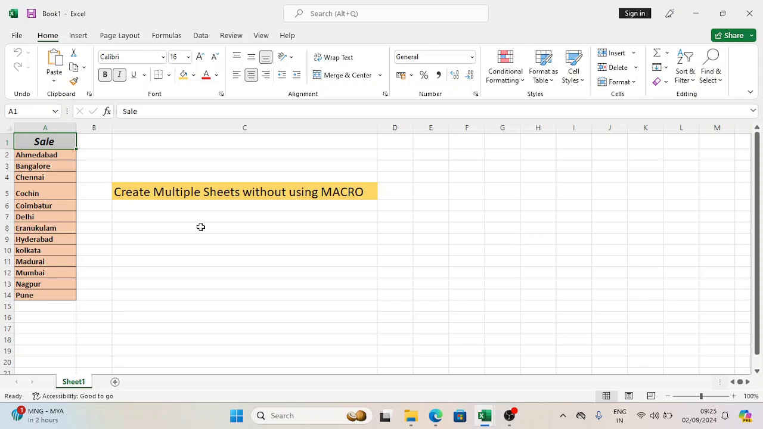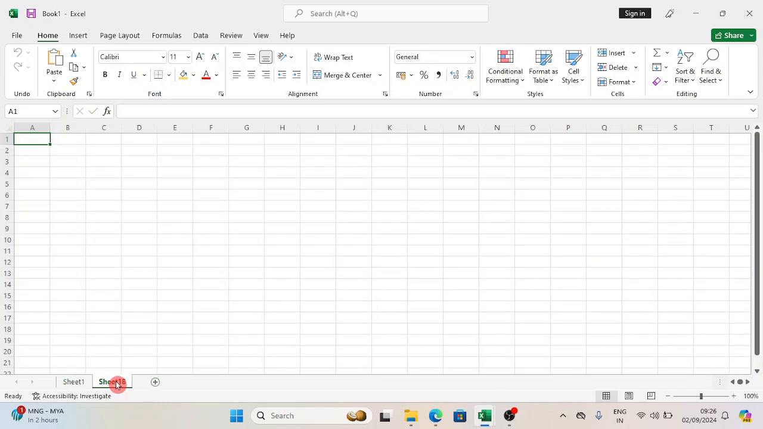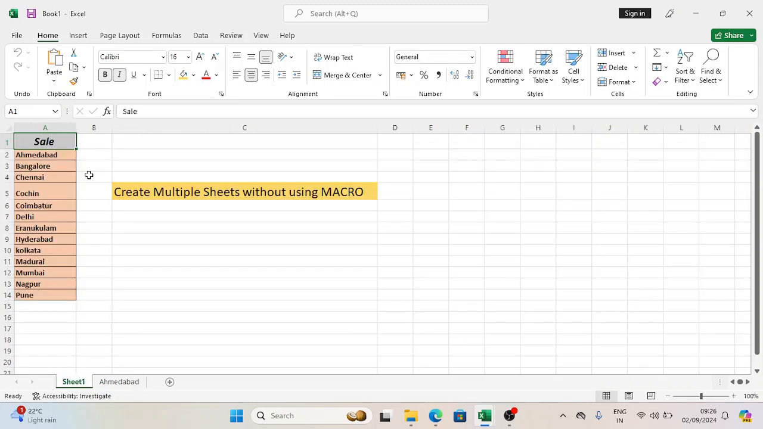Today we are going to see one of the useful tips of Excel. My problem statement is that I need to create multiple Excel sheets with the names of cities. I have the data for every city, and I have to create a separate Excel sheet in a workbook. So what I will do is copy the city name, click on new sheet, right click, rename, paste the city name, and follow the same procedure for the rest